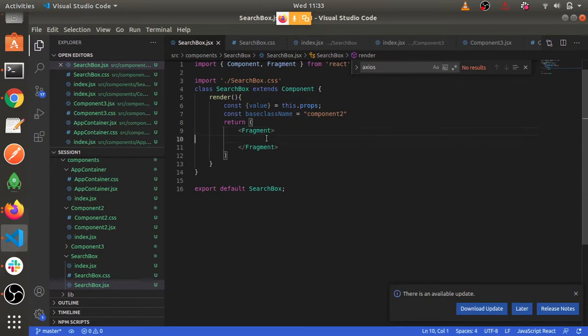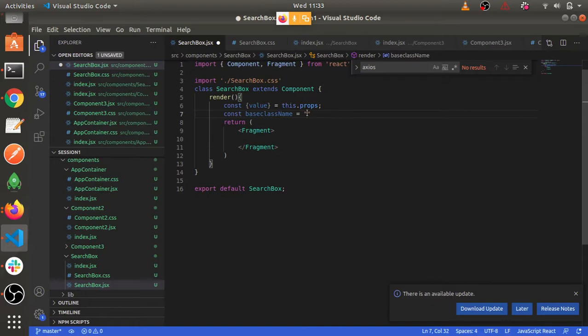But fragment has no property. It is like water, tasteless, colorless. You can do it only with less than and greater than symbols, but you will have more control if you do it like this, because fragment has some properties that you can use later on.